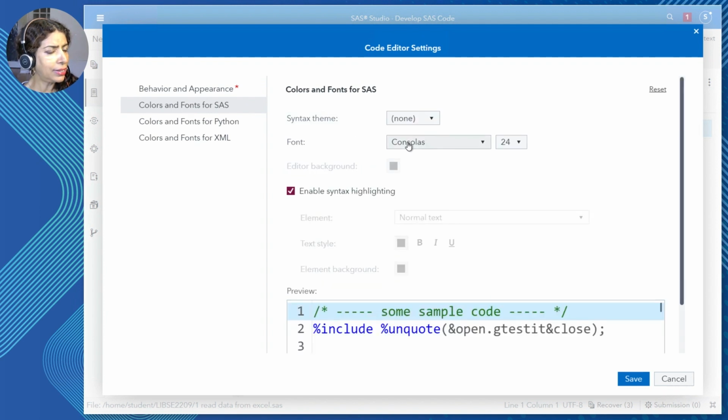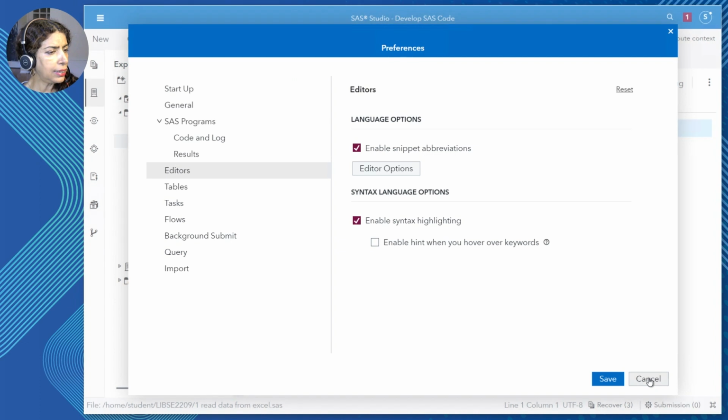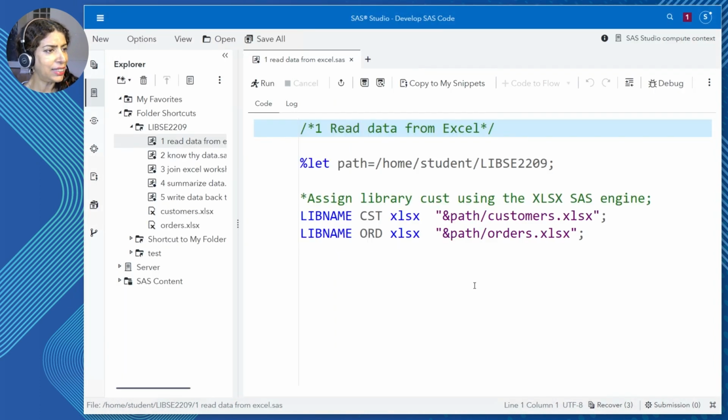I have this font picked from this selection, and I've chosen a font size of 24. Let's cancel there. I think this is large enough. I've tested it before from a teaching perspective, and I know it shows up nicely.